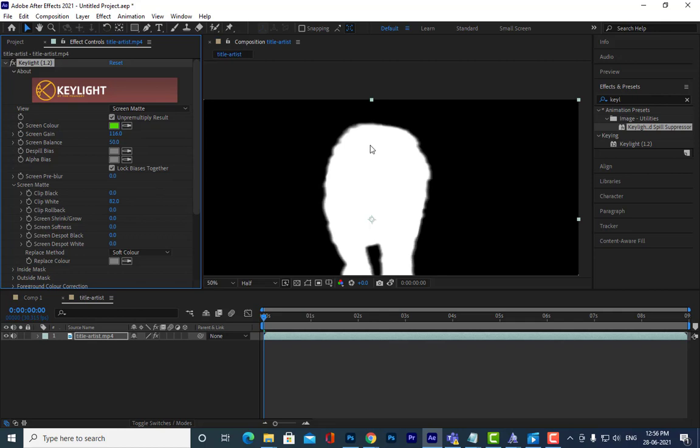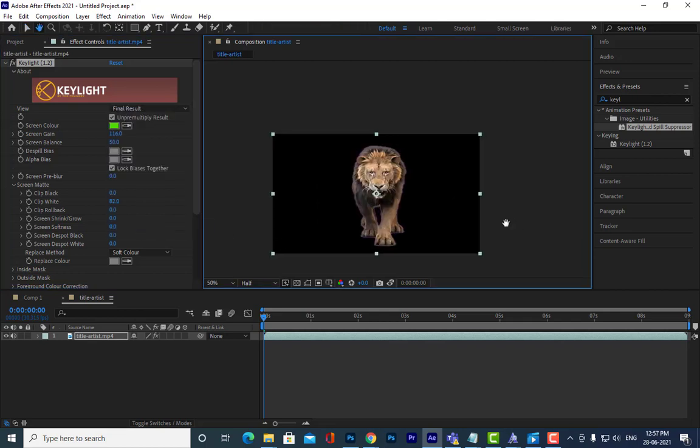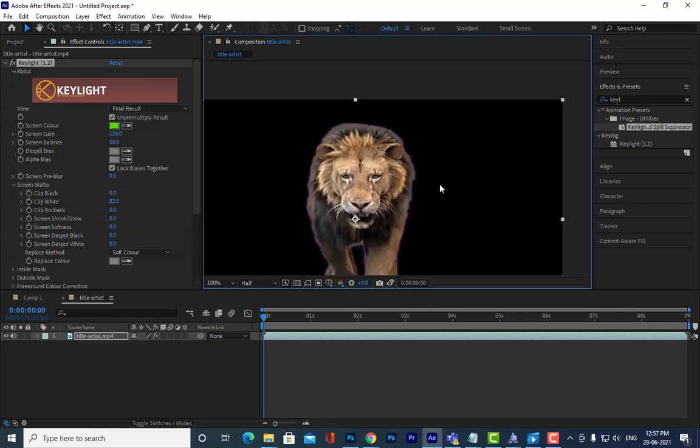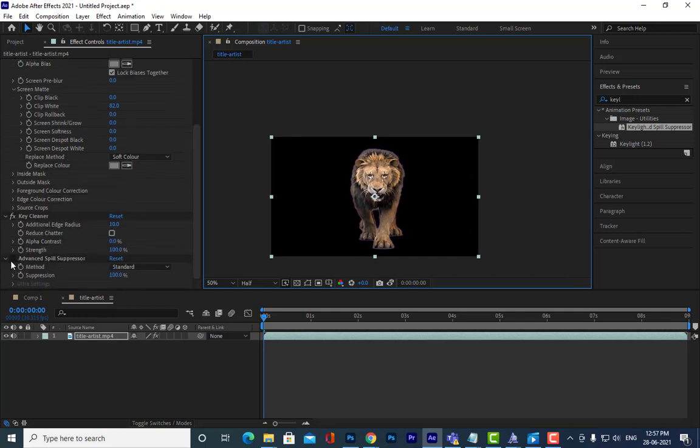It should not have any extra colorings, and you can also turn on this spill suppression.